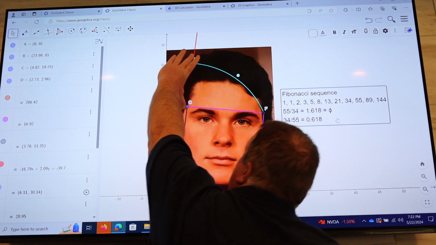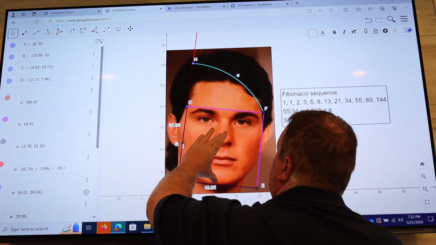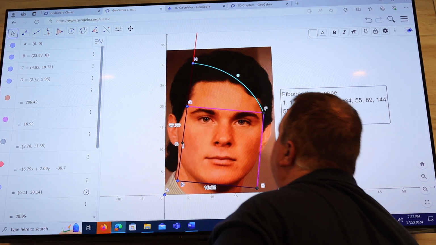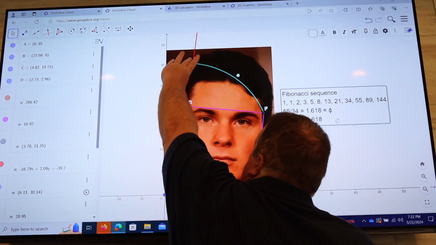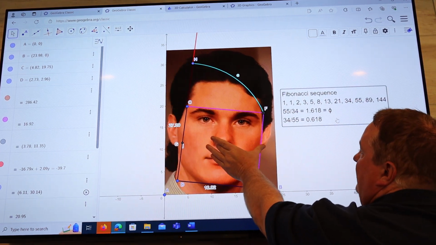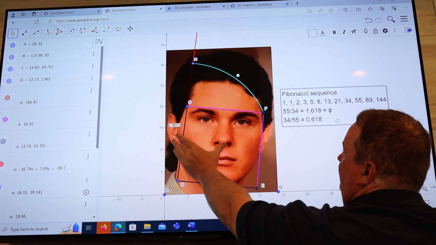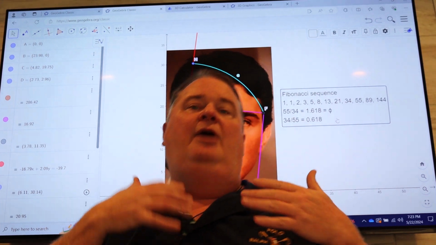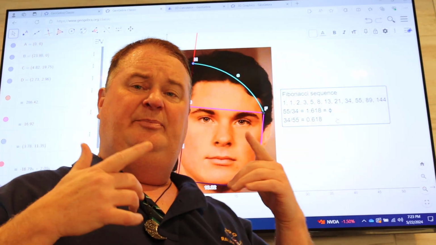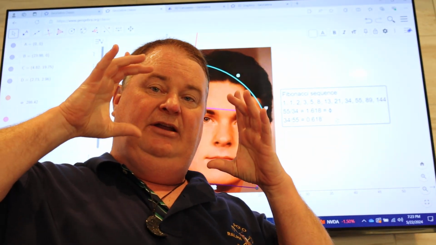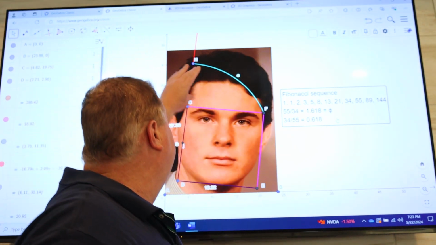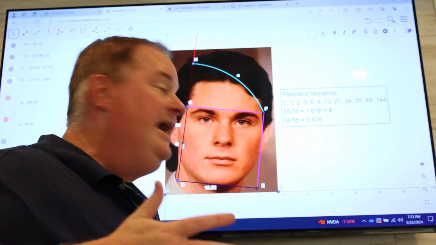You'll see that this distance is also the distance to your nose, or the distance from here to your lip. If you take a measuring device, it will also be from here to the end of your nose and from here to the other end of your nose. I would suggest taking a picture. You could take a picture and then just square it, and then you can find all the different parts that are from that